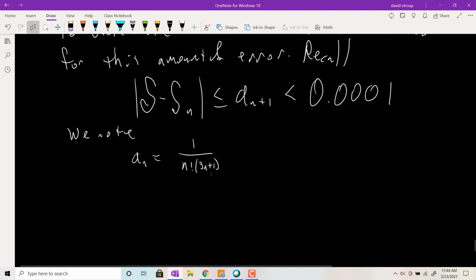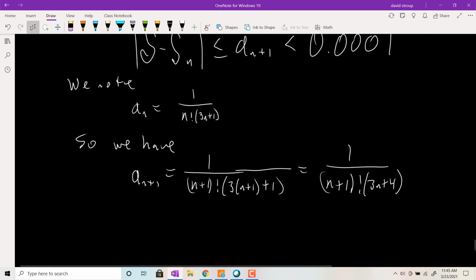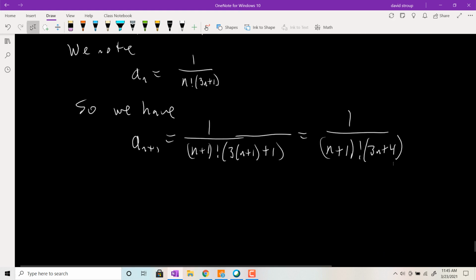And we want a_{n+1}. And a_{n+1} will be 1 all over (n + 1) factorial times 3 times (n + 1), which will equal 1 all over (n + 1) factorial times (3n + 3 + 1), which is 3n + 4. And then you're going to have to do trial and error until this thing goes below 0.0001. Okay? So by trial and error,